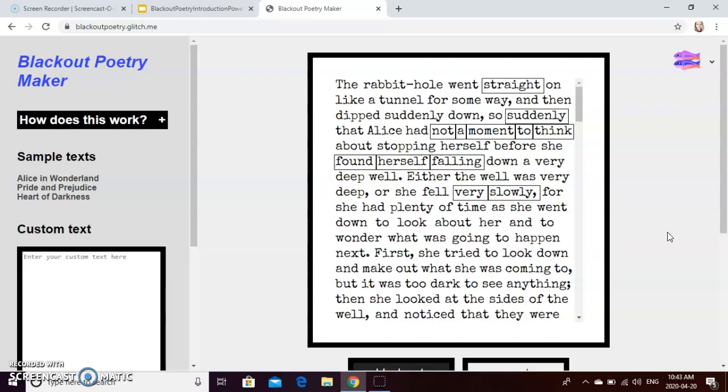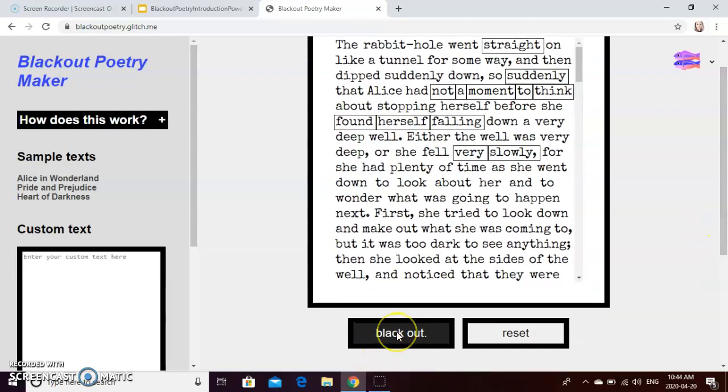Now, maybe you'll look at this and you will pick different words than I've picked. You don't have to pick the same words as me. You don't have to use the same text as me necessarily either. But this is just an example of what yours might look like. So here's mine. I'm going to stop there. I'm not going to do any more. I would expect that yours would be maybe a little bit longer, but this is just for the sake of showing you an example. Once I've picked out the words that I like by clicking on them, I'm going to scroll down